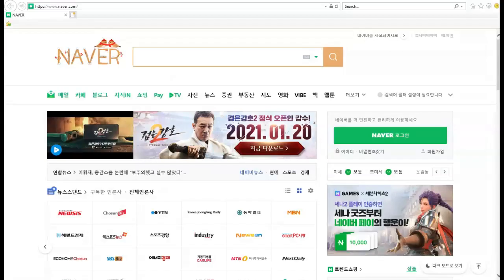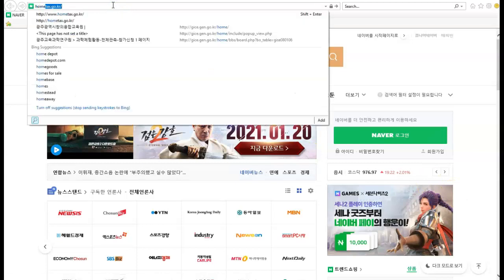So first, you will need to open up Internet Explorer. This is very important for many Korean websites because they don't work well with Chrome or other browsers. At various points in the process, you may be prompted to download plugins or extra security programs. This is super common when working with Korean sites, so just download it and start again if it happens to you. So the site you will be visiting is